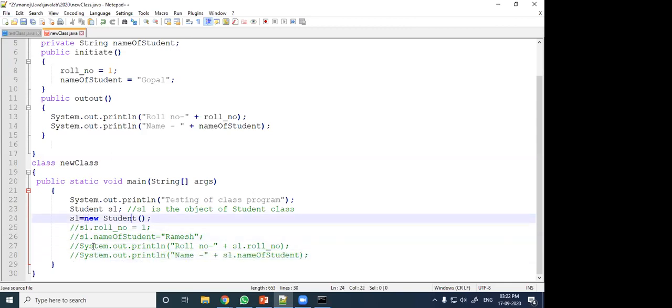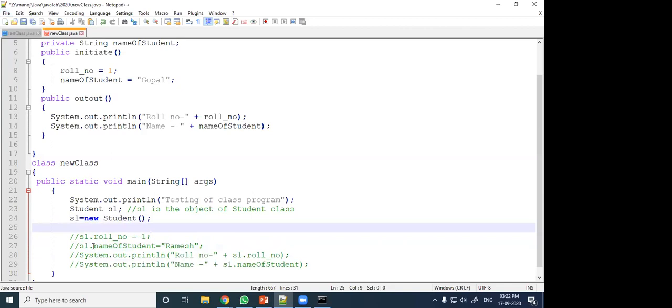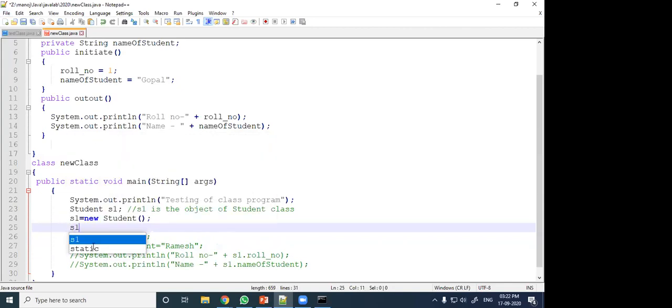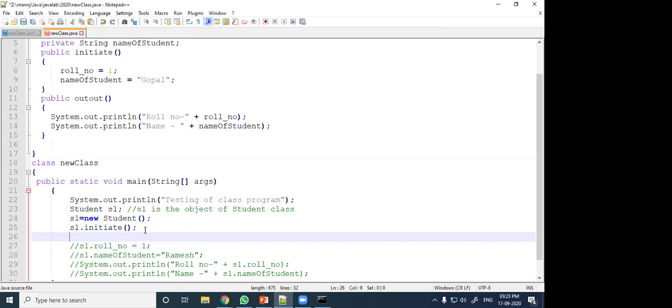But remember, now we can call S1 dot initiate function. Initiate is a public member method function. So this public member can be accessible by the S1 object. Similarly, I write S1 dot output.